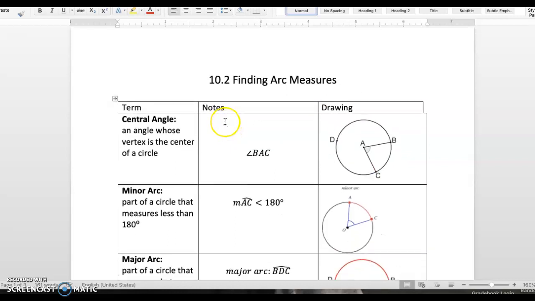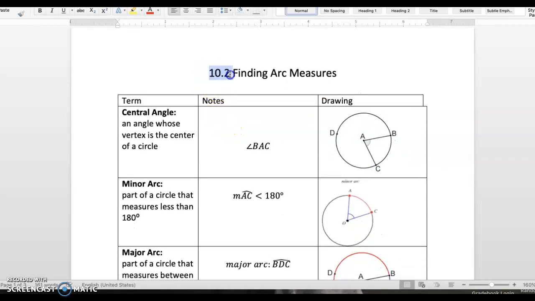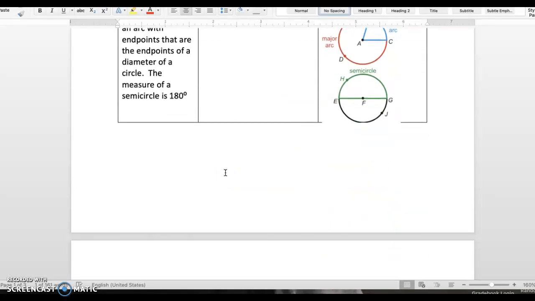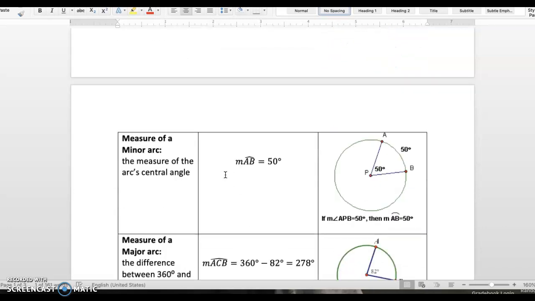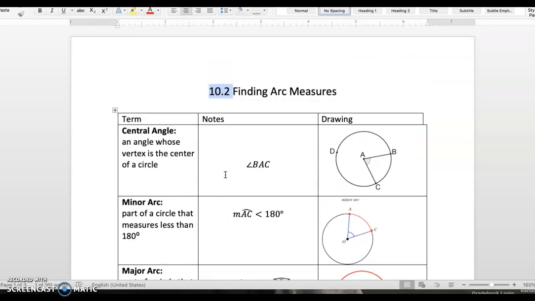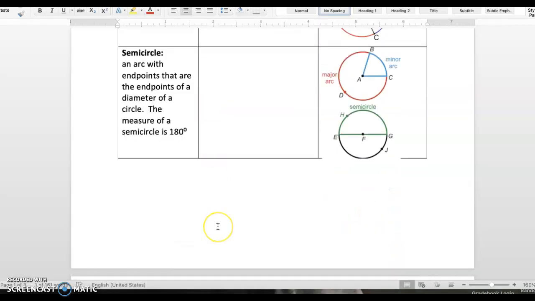All right, so we are moving on through our circle lesson. We are now in chapter 10, section 2, and I have also broken this video down into a few separate videos. Again, like we started last lesson, I did a bunch of definitions. I am going to do the same thing here as well, and then I will go into the math portion of it. So I suggest printing this out or at least reading through the definitions as I go along,